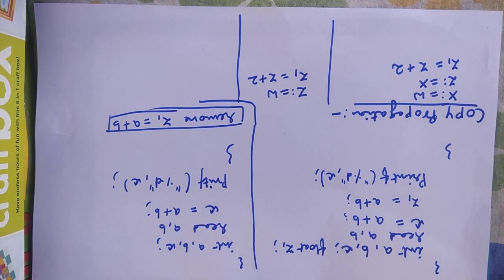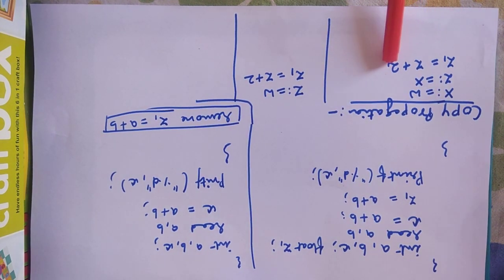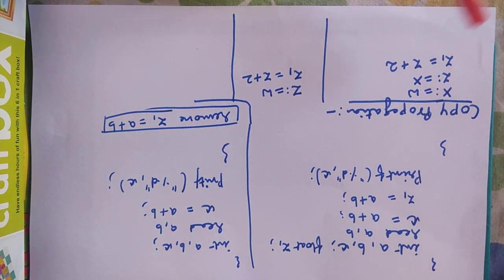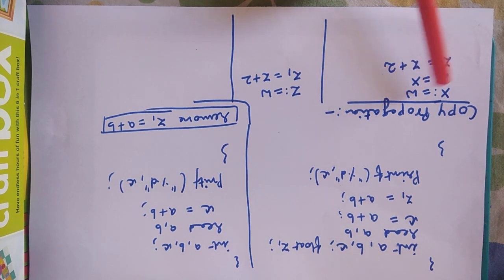In the copy propagation technique, let's say we have a code in which initially we assign the value of w into x, x to z, then add 2 to that z and compute the value of z1. So what does this copy propagation technique say? That instead of copying data so many times,